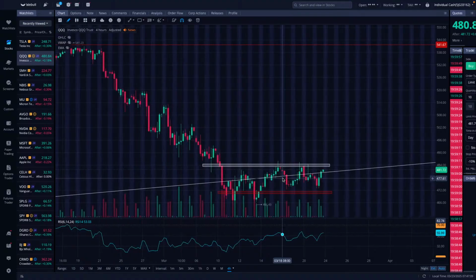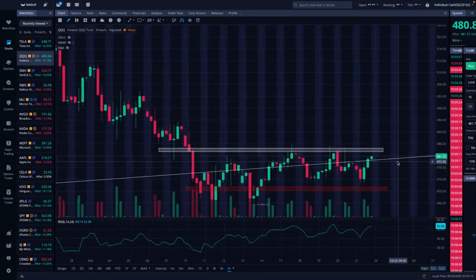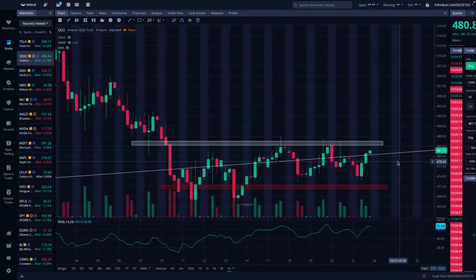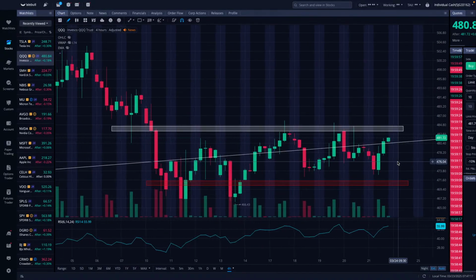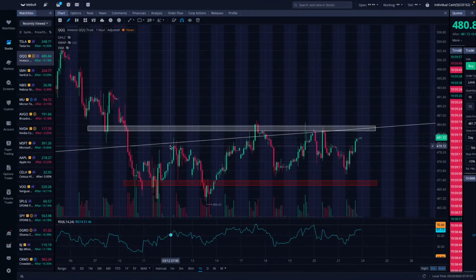All right, so let's get into it. QQQ, I just want to make sure the chat's working, so you guys can contribute and communicate if you need to. So here, let's just go over QQQ. We had that 14% pullback. This is where we're looking at. So now we're just waiting for this breakout. It has to make a decision. When you're trading, you need to make sure that you are actually waiting for the trend to pull out.